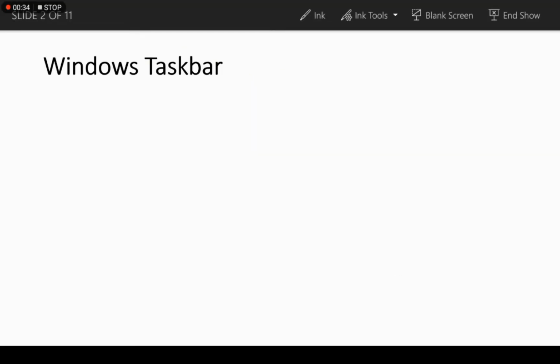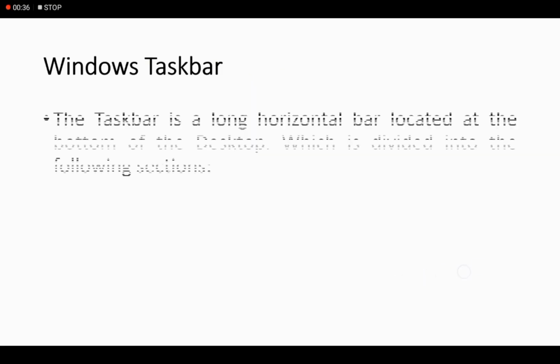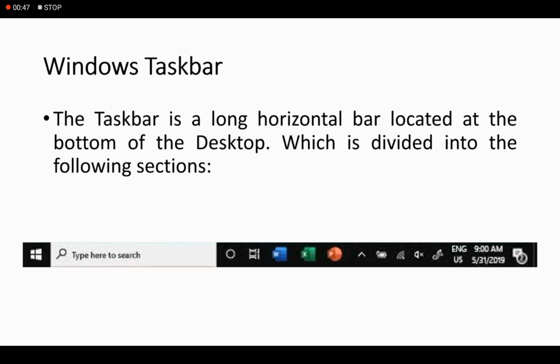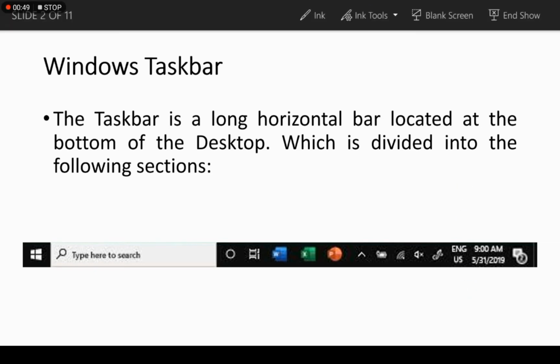So as you can see, Windows taskbar. The taskbar is a long horizontal bar located at the bottom of the desktop, which is divided into the following sections. You can see this is an image of the taskbar.